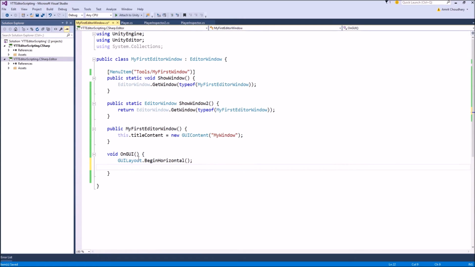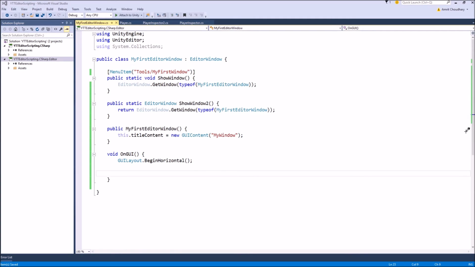Just one thing to remember, that when we are writing inside the OnGUI function for our editor windows, we mostly use the GUILayout version of our GUI elements. I told you previously that when we are writing custom inspectors, we mostly use the EditorGUILayout version of our GUI contents, because every GUI element like the label and fields has 3 to 4 versions of them: the GUILayout, the EditorGUI, and EditorGUILayout.